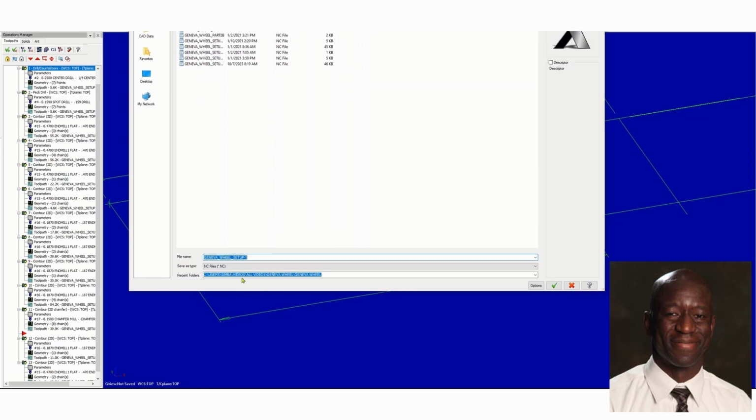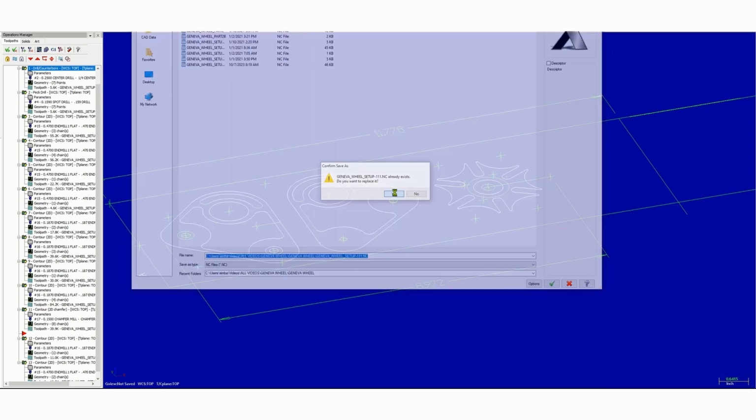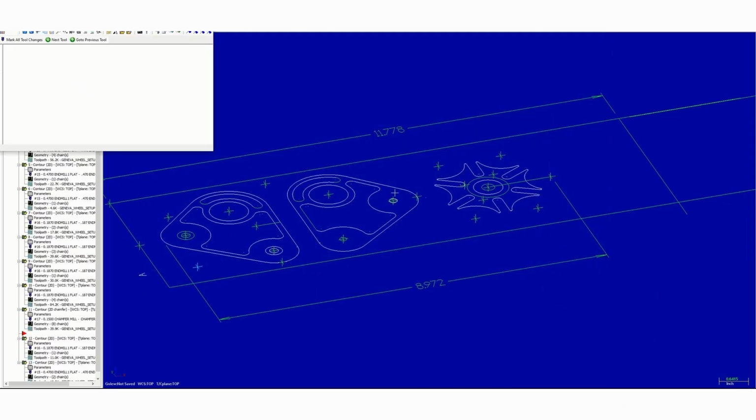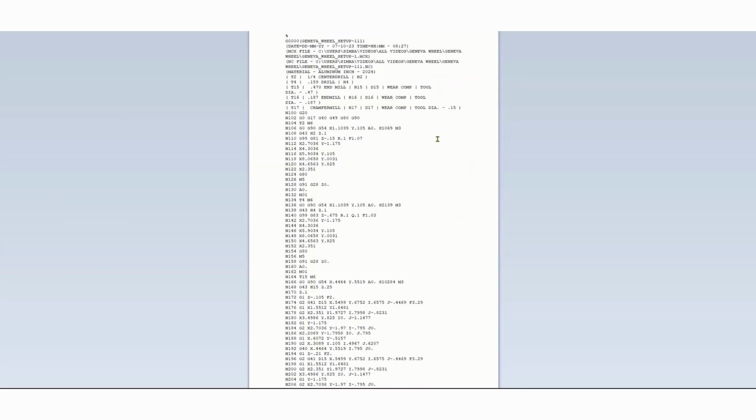Okay, it wants to save it in here. I'm gonna say, let me call it up. Okay, this already exists. So it already made the code, but it put it in a different folder. Okay, this is where it saved it. Let me open it up. Okay, there's your program,